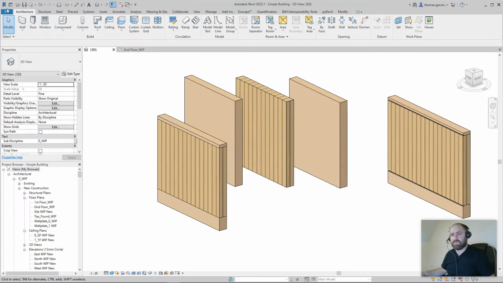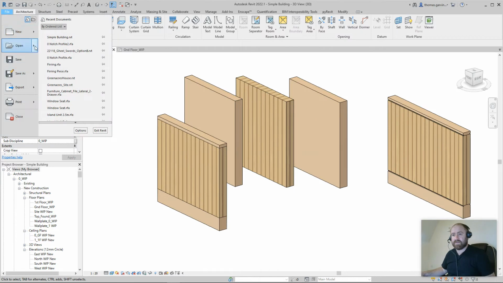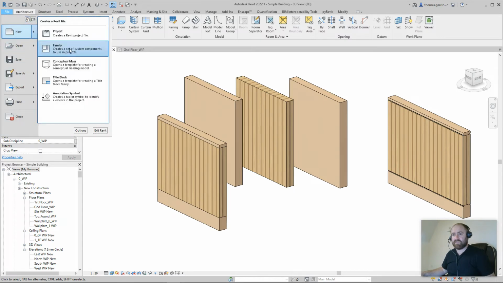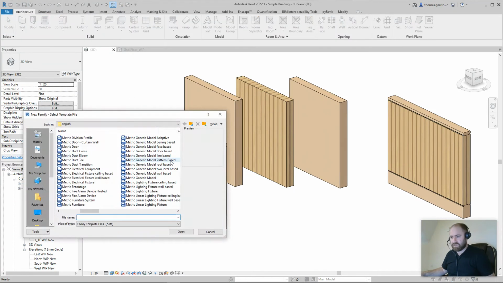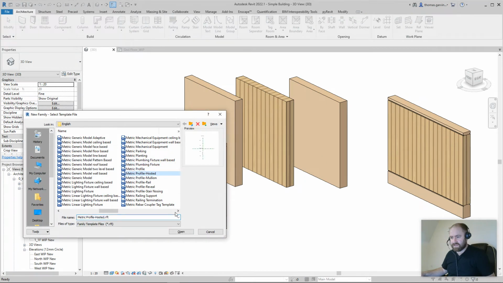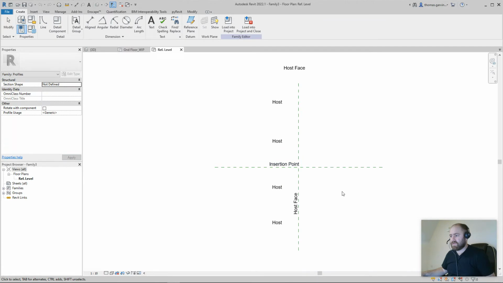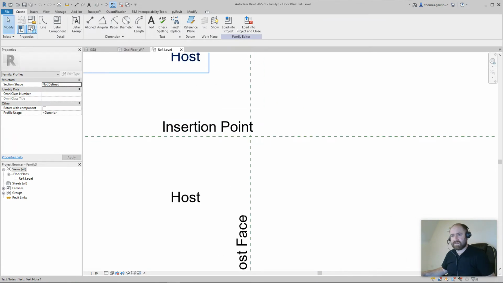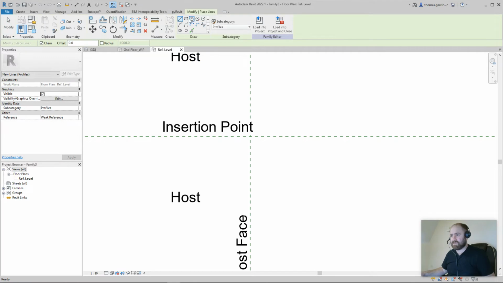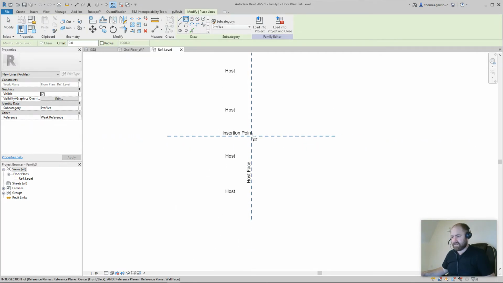Okay, so we're going to create a new family, profile family. So file, new family, go to metric profile hosted, and open. Now you should set up constraints and make this something you can use again and so on. But I'm just going to do this real quick, okay? So I'm going to skip the reference planes and all that stuff. I'm just going to create my rectangle on the insertion point,